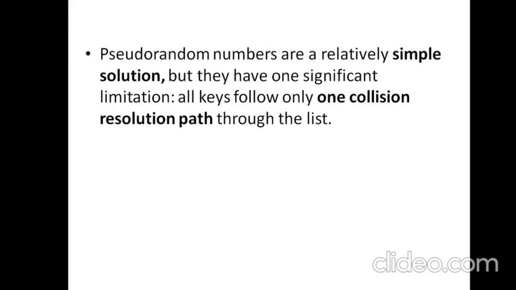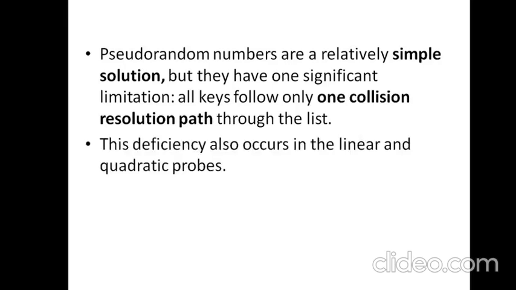There are simple solutions, as we saw, just a formula is required, but they have a different problem, which is resolution path. They travel on the same path repeatedly, which means that if a first collision occurs and you resolve it using the pseudo-random algorithm, you will find an address and store the collided value. But subsequently, when a new collision occurs, they are likely to get into the same path and choose the same address. That is collision resolution path.